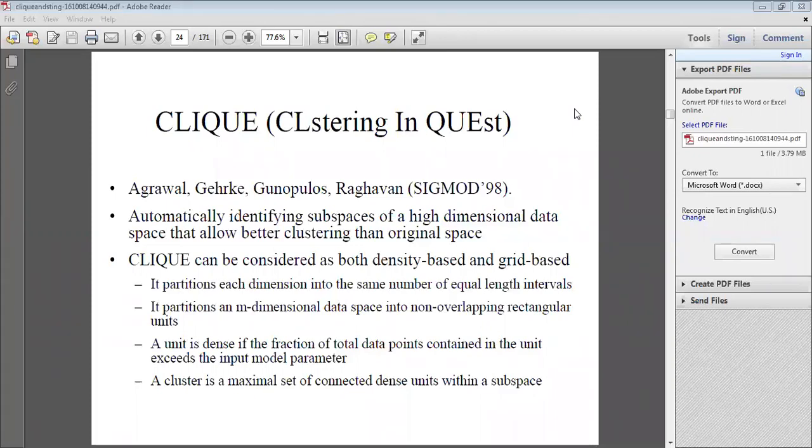In this technique, we divide our n-dimensional data space into equal partitions. It means all the n dimensions are divided into equal length intervals. After doing partitioning, we divide our data space into non-overlapping rectangular units or grids. These grids are of equal size, and after that we distribute our data in this grid-like space, and after distributing